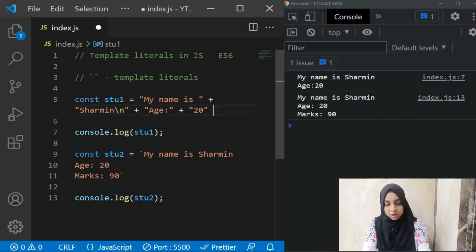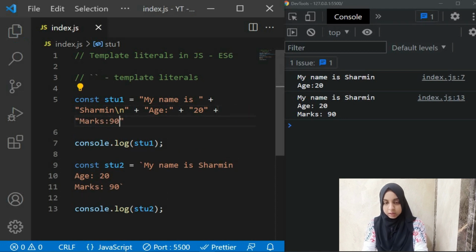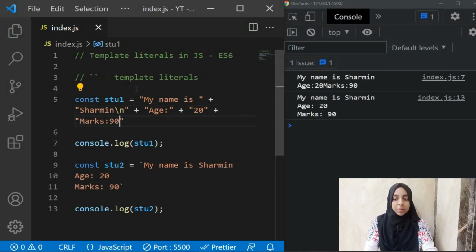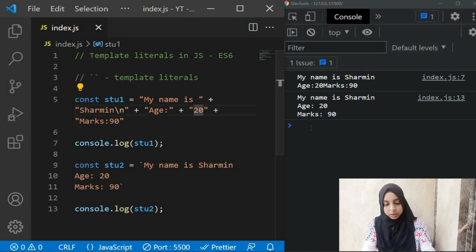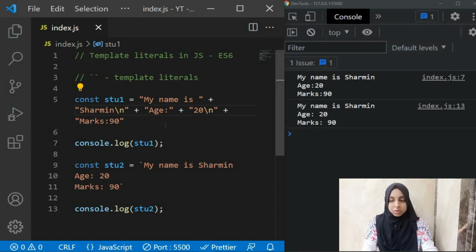And if here we mention the same thing, that is marks 90, can you see it is in the same line, there is no space, right? We need to use an escape character again over here if we want to send it to the next line, right? So can you see all of this mess becomes so easy over here when you use template literals, right?